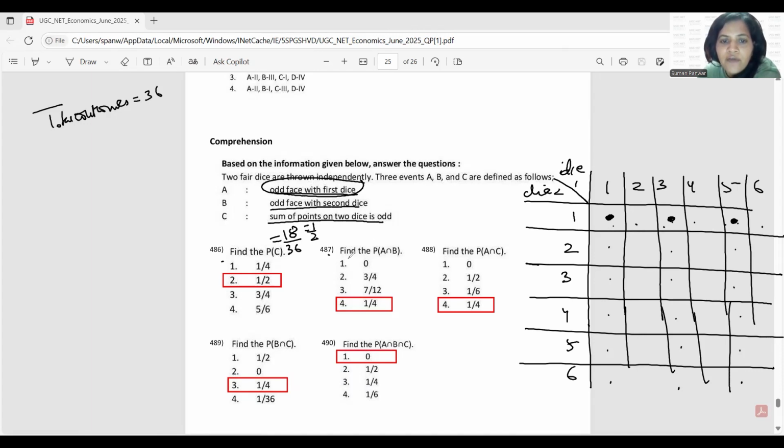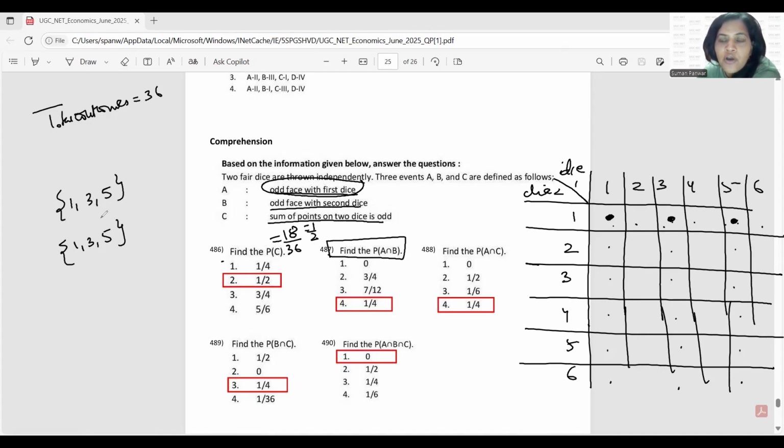Now we have to find out A intersection B. Odd face with first dice, that is A, odd face with second dice, that is B. So now we want both the faces to be odd. So we need 1, 3, 5 on the first dice and 1, 3, 5 on the second dice.